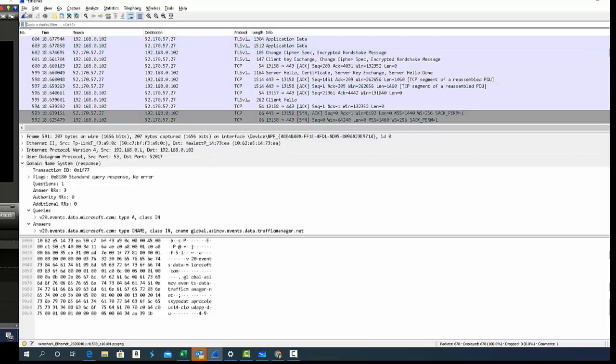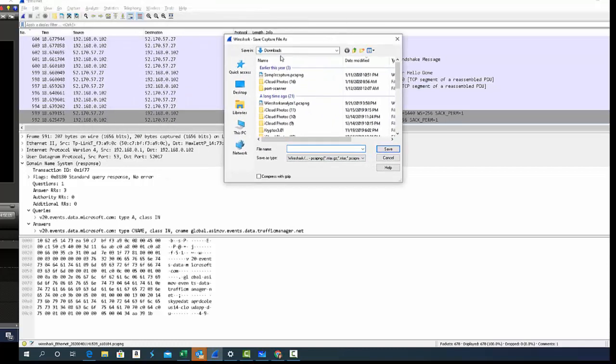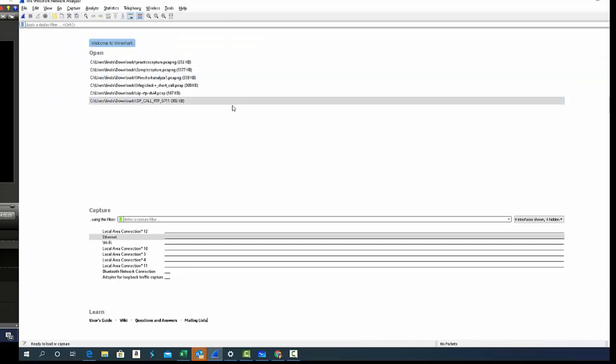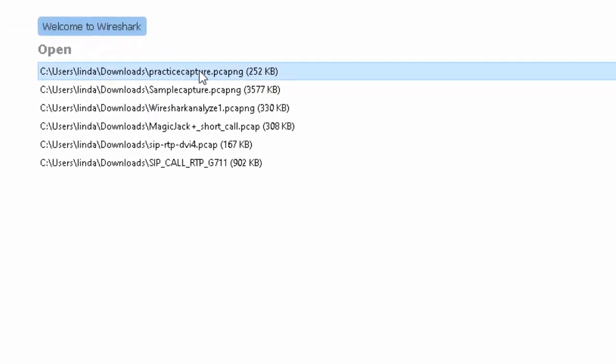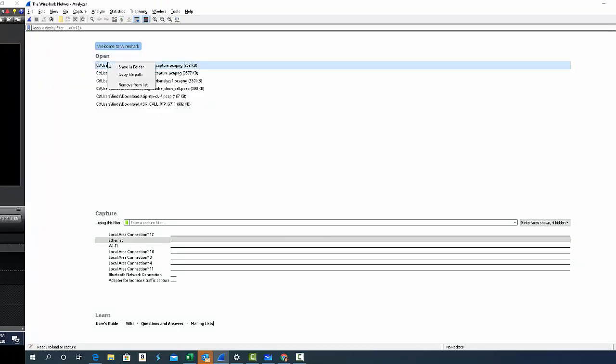The last thing is, if you want to save it, you go File, Save, and you can then choose your destination folder, of course, and then give it a name that would make this helpful. And we can call this one Practice Capture. And I can just hit Save. And I'm going to go ahead and close this capture. And now you can see it's actually showing right here on my practice capture, and I can just pull that back up whenever I want to do that. And I'm going to go ahead and close that as well. And I can also come in here and just remove this from the list